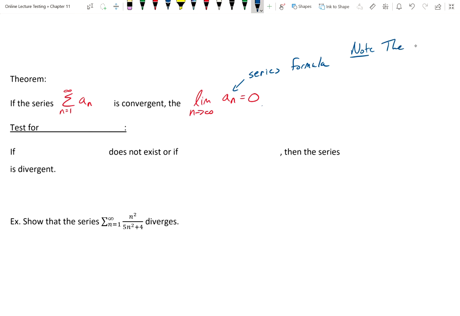the converse of this is not true. We're like, well, what does that mean? Okay, this is a one-way street. So what I'm saying here is if we said the converse is true, then we would say if the limit of a sub n is equal to 0, then the series is convergent. This is where I'm going to go back and immediately use the previous. So, again, the converse is not true. We cannot conclude